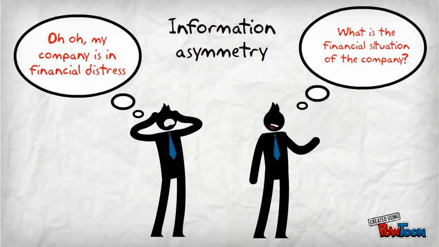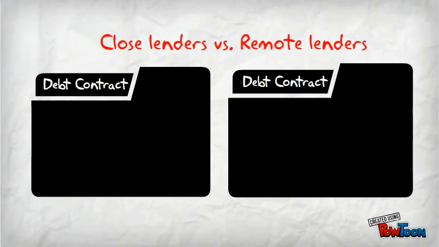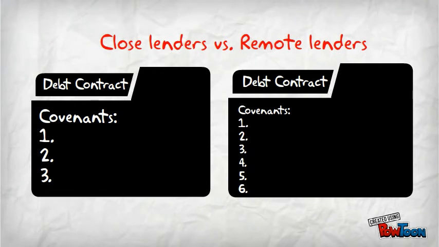Theory posits that greater information asymmetry leads to the allocation of stronger performance covenants, so covenants that can be tested before the contract is signed. The findings of Hollander and Verriest are consistent with this theory. They find that remote lenders, which means that information asymmetry is larger, tend to imply more restrictive covenants when the first contract is signed in syndicated loans.